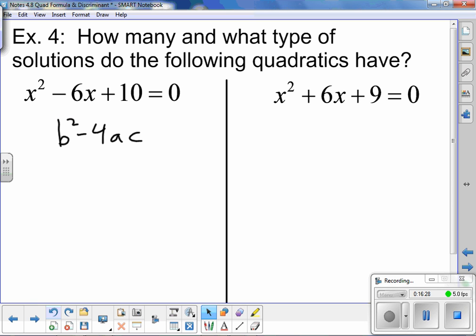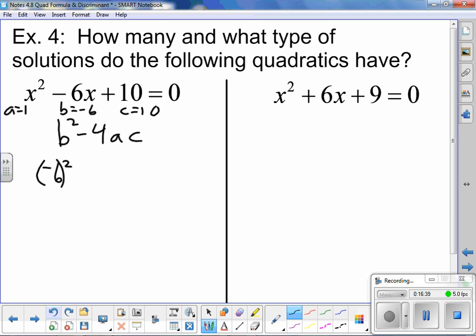All right, so the a part is a 1. The b part is a -6, and the c part is a 10. So b is a -6 squared. So b squared minus, whoa, that's an equal sign. Minus 4ac, a is a 1, c is a 10. So that's 36 minus 40